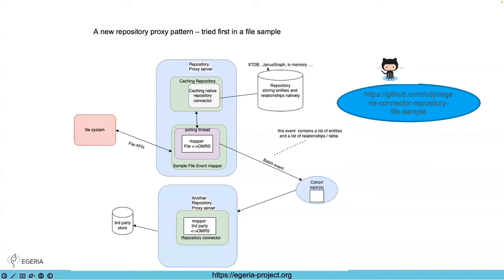But I'm contrasting the native repository with this repository proxy, which is actually a thin wrapper. It looks like a repository proxy, but every time it gets, say, an add entity or add relationship, it stores it within the native repository. So you might think, what's the point of that? But the point is that because we have a cache of everything up to now, any query that comes in, we can just honor those queries, those searches or gets, by going to our cache.